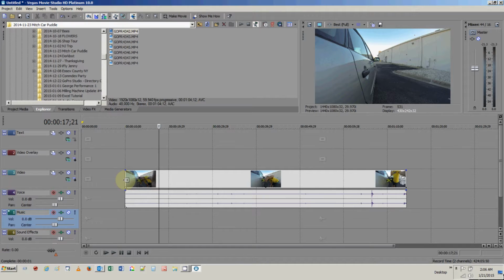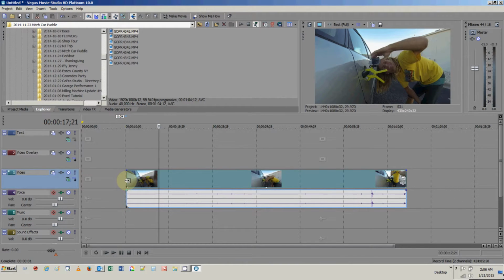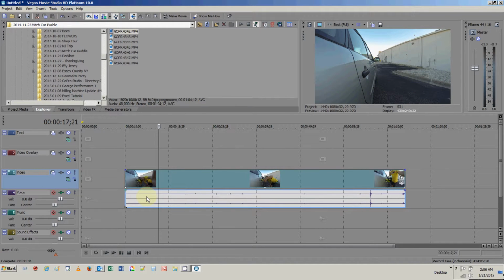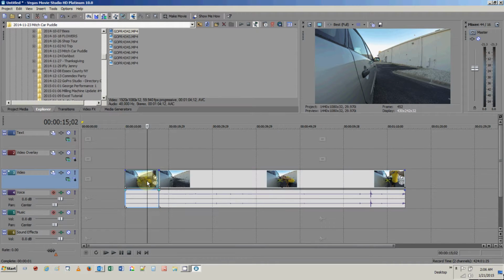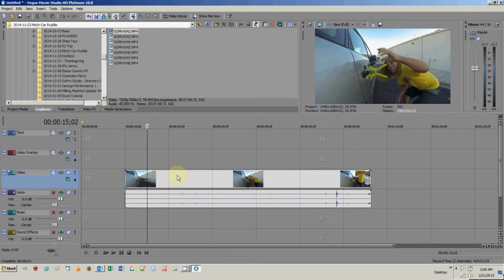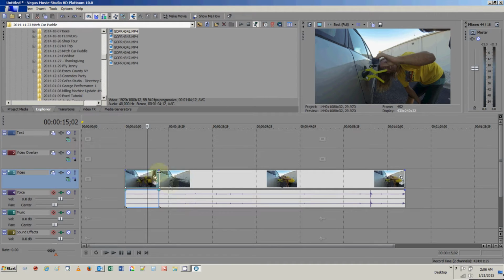Now, there's two things I can do. I can take this and drag it forward like this, or to make sure that I've cut this off, I can hit the S key, which is split. Now it's cut this piece, and I can click on it and hit the delete key, and now it's been removed. You'll notice that the video jumped to this position, and that's because I have this little button up here clicked. So I'm going to undo this, and you see here's the split.